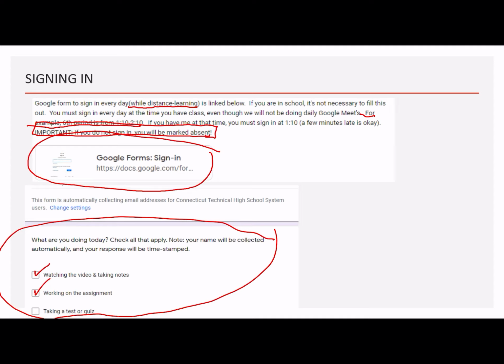Every time you're starting math, you need to go to Classroom, which I'm assuming you're going to do anyway. Take the 2 seconds, fill out the form. You're literally answering one question, and then you're good. So let's get into the habit of doing that. Again, I'm going to keep that at the very top of Classroom, because it's what you're going to need every day for as long as we're doing this distance learning split. Okay, let's move on.